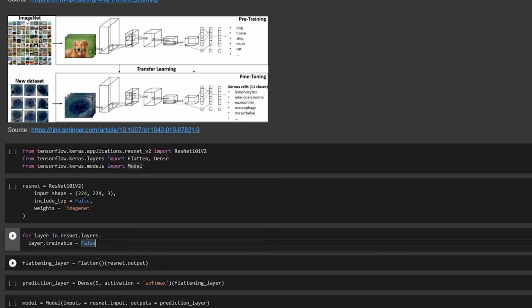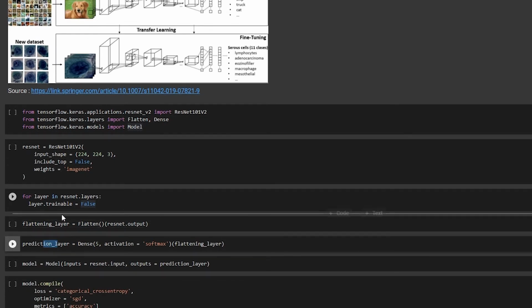Then first of all, I apply a flatten layer. The ResNet.output is basically where you have removed the top layer, that is the 1000 classes, and I am just flattening that CNN layer. After that, I make a prediction layer. These are just the names of the variables, you can use them the way you want. So this flattening layer is going to come over here, but here I'm going to set a dense layer of 5 neurons. Why 5? Daisy, dandelion, roses, tulips and sunflower. And activation is softmax, because I'm just working with the flower classified with the highest probability.